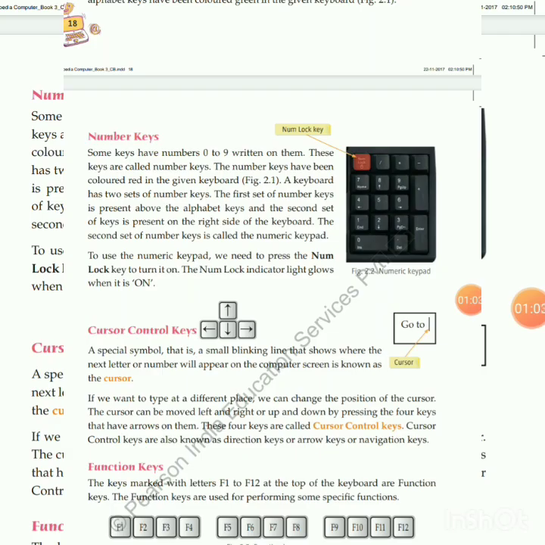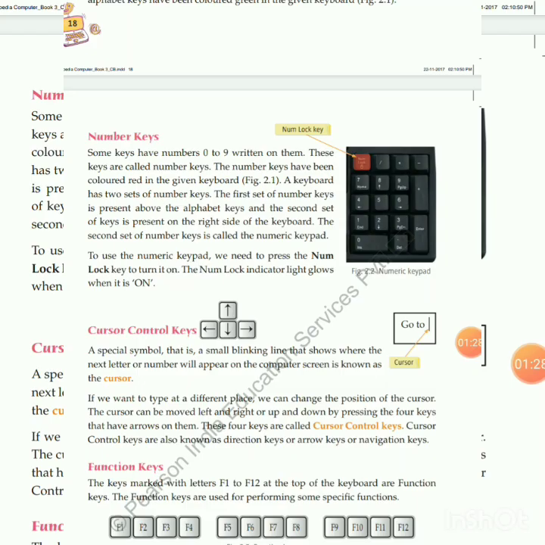F8 is used to access the boot menu in Windows when turning on the computer. F9 is used to refresh a document in Microsoft Word and to send and receive email in Microsoft Outlook. F10 is used to activate the menu bar on an open application.